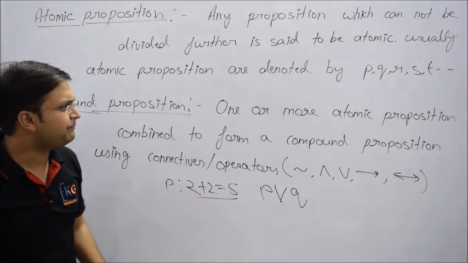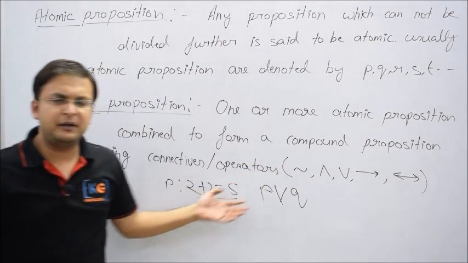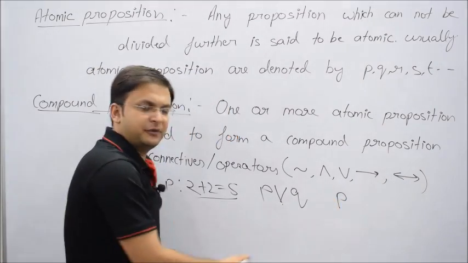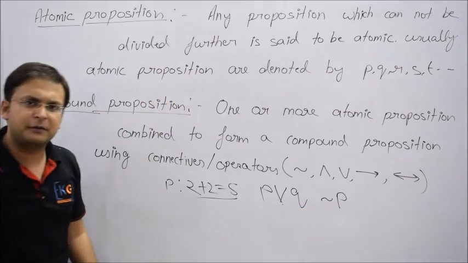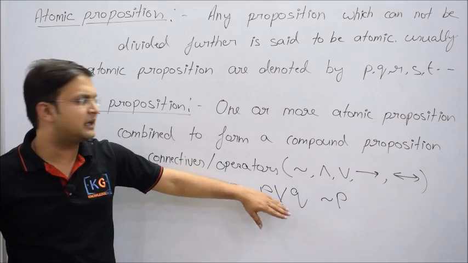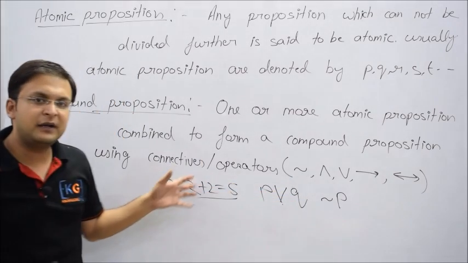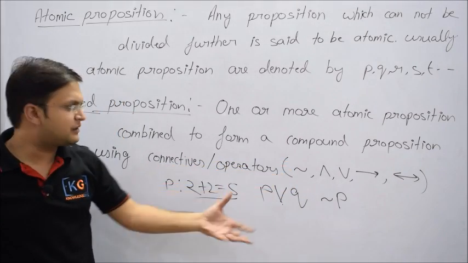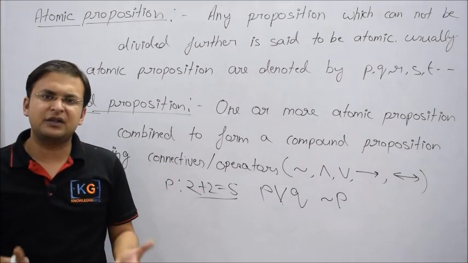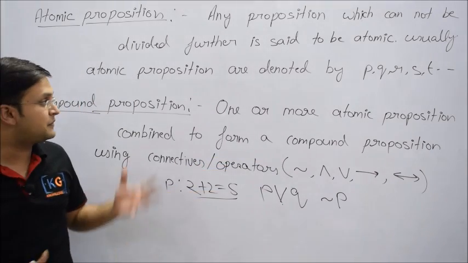Just for the sake of definition we are discussing it. A compound proposition means that when using some basic operators you associate two or more, or even one or more. Why do we say one or more? If P is an atomic proposition, the negation of P is a compound proposition, because if the value of P is true then the negation of P becomes false, and if the value of P is false then the negation of P becomes true. So using these basic operators, which we'll discuss in the next video, if we combine one or more atomic propositions, you'll get compound propositions. That is a very basic logic. A simple statement is a proposition or atomic proposition, and when you associate one or more simple propositions, it becomes a compound proposition.